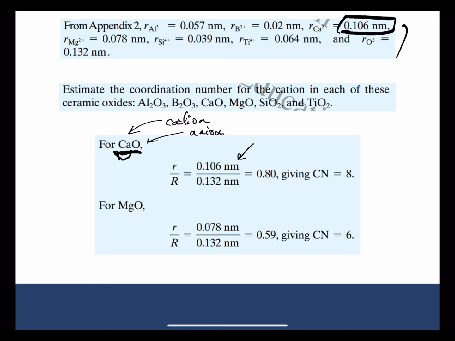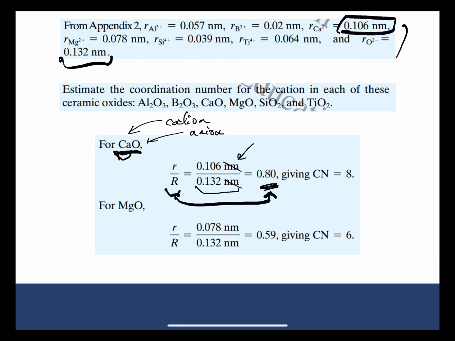And in the oxide, we have that radius information as 0.132 nanometers, that can be our denominator. Notice that units cancel, nanometers over nanometers, so we end up with a unitless value here. So we do not need to go into meters for this exercise. And we have a radius ratio of 0.8